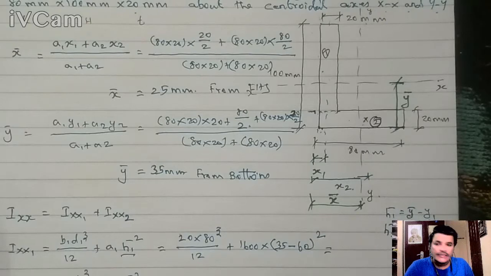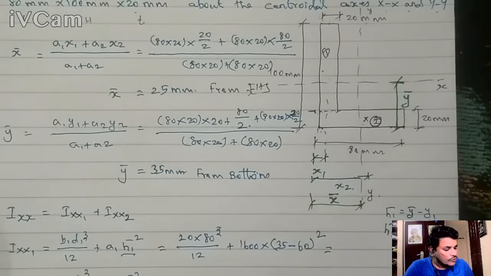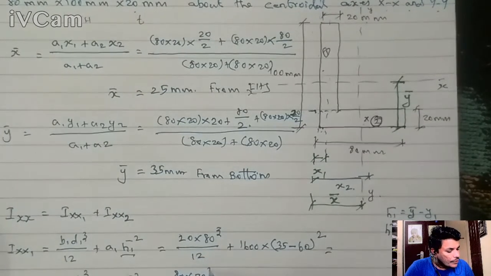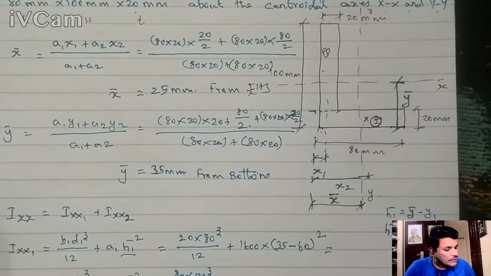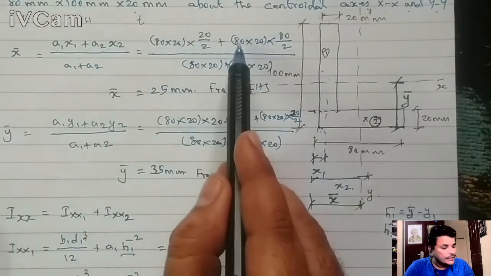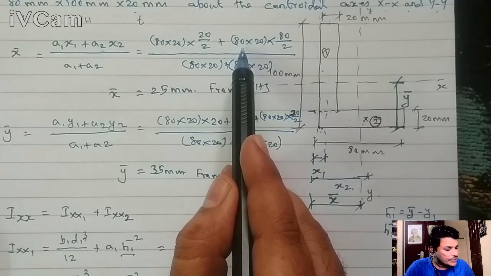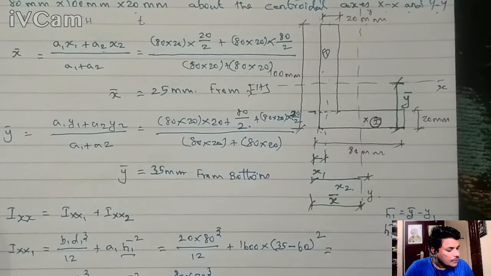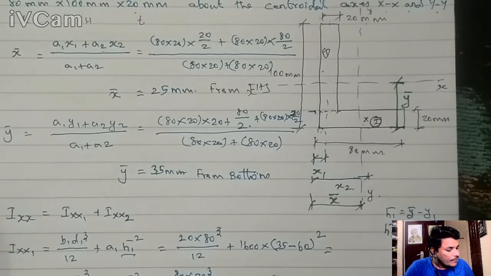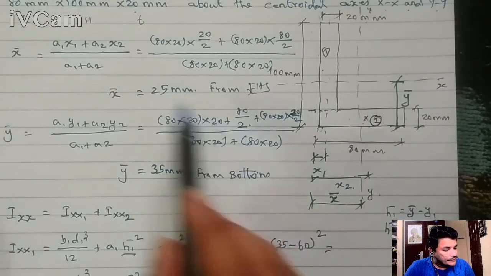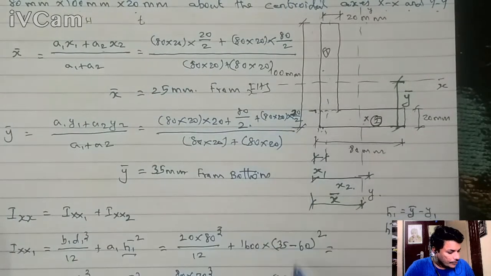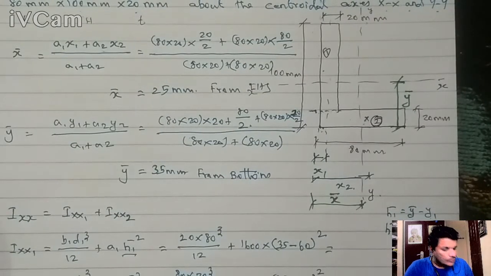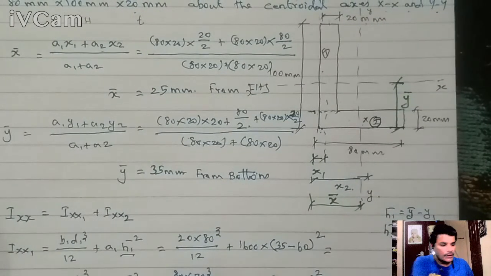So similarly Ixx2. So Ixx2 again is b2, 80, by d2, 20 cube, divided by 12, plus a2. So a2 value is 80 by 20 mm, so 1600, into (y bar minus y2). So 35 minus y2 value, which is 20 by 2, 10 mm, 10 the whole square. So this is all about Ixx1 and